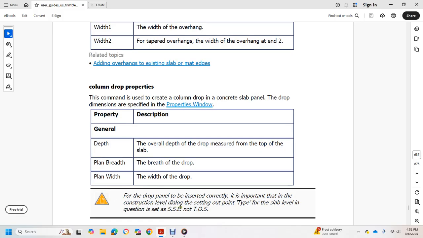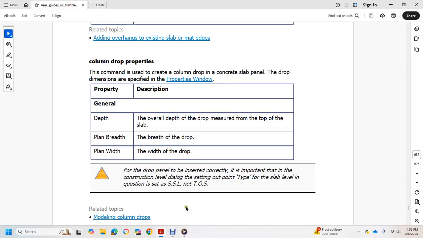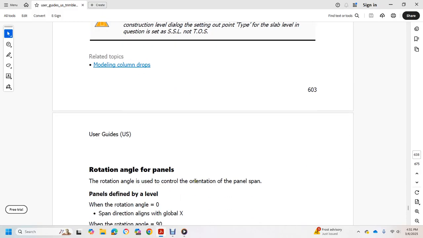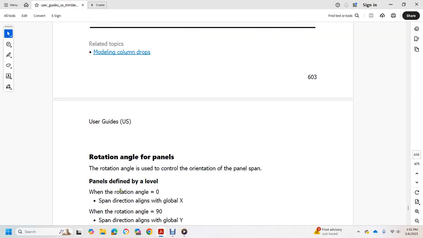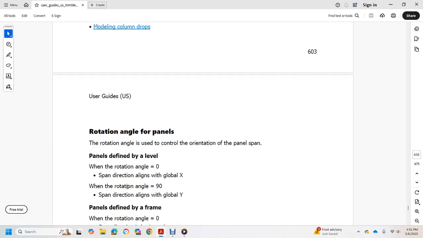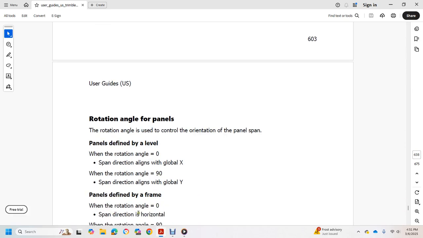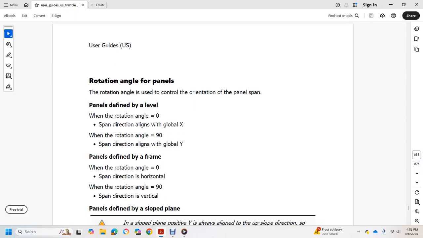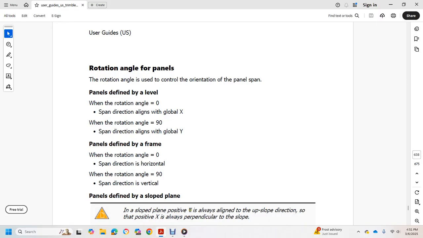the question of SSL or not TOS, related to modeling column drops, see the user guide. Rotation angle for the panel, rotation angle with the control. Span panels defined by a level: rotation 0, span directional line global X is 0; span rotation 90, span directional line global Y. Planes defined with the frame: rotation angle 0, span direction horizontal; rotation 90, span direction vertical. Panels defined by slope plane: slope plane, positive Y,